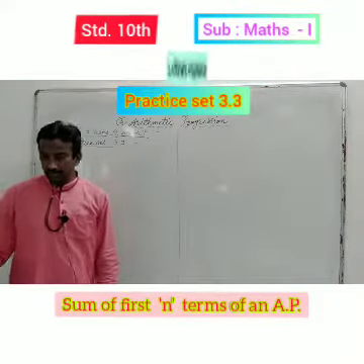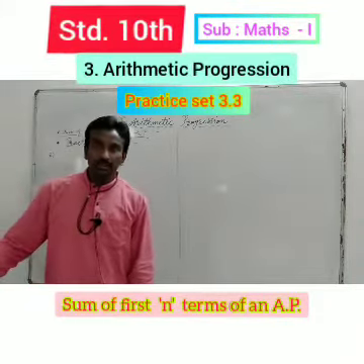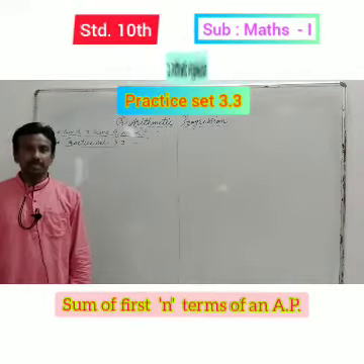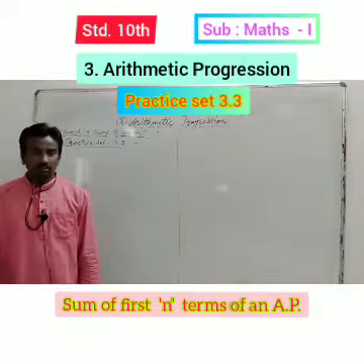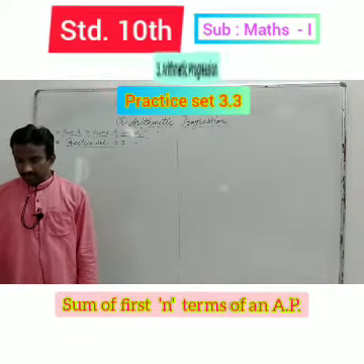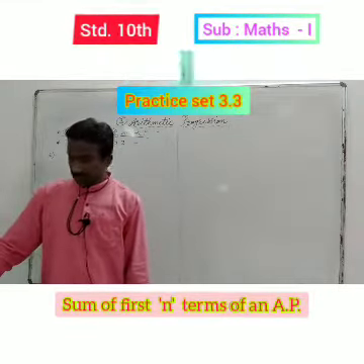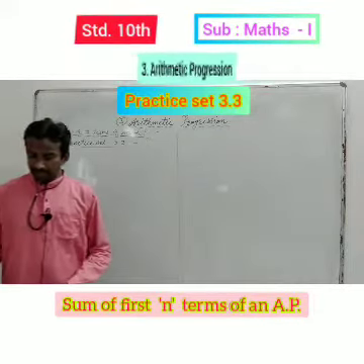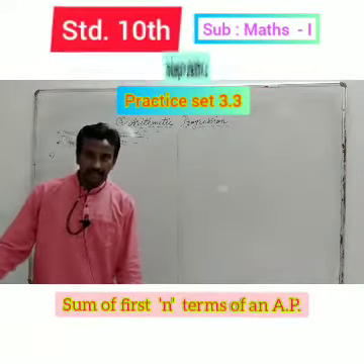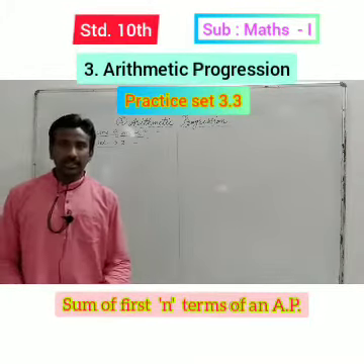There is an activity based on sum of n terms of an AP. It's very easy to solve. It's for you. So please solve that activity by using our formula. Now we will take question number 6. Sum of first 55 terms in an AP is 3300. Then find its 28th term.